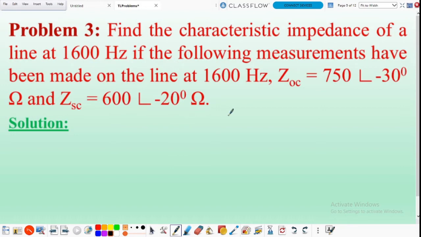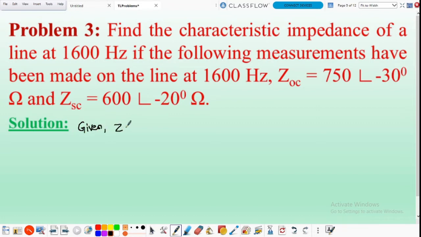So given the open circuited impedance, short circuited impedance and frequency, determine the characteristic impedance of the transmission line at 1600 Hz frequency. Coming to the solution,